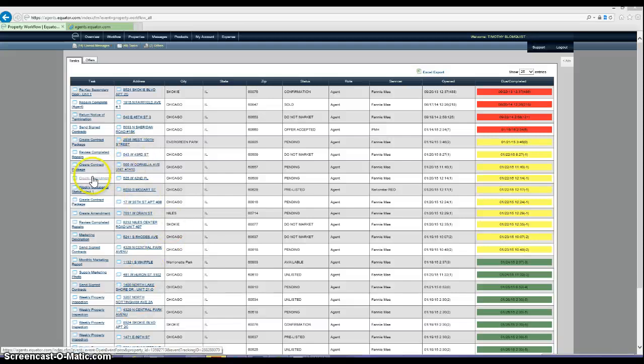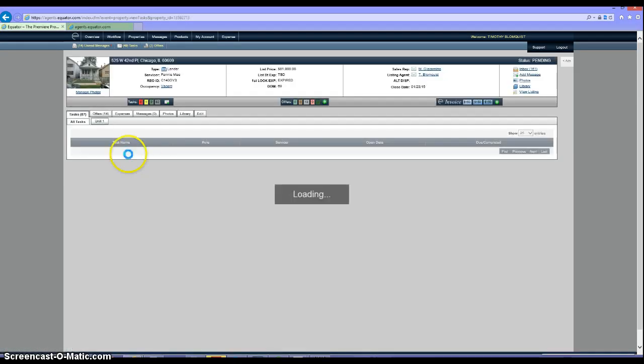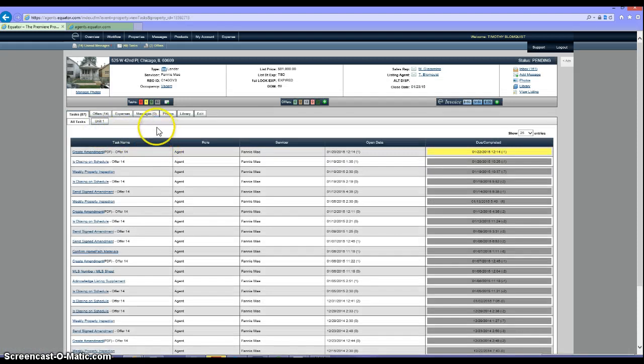So today we now have some populated create amendment tasks. Yesterday, if you remember, we did that task. I'll go through it again. When we know that a closing is going to be delayed, we go to the property and find the task button, and we have to trigger a task, which is this one icon with the green plus sign. We would click that,